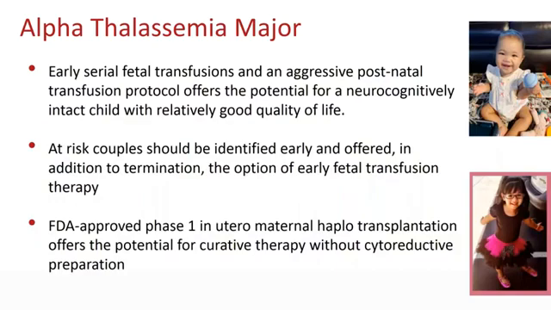Early serial fetal transfusions and an aggressive postnatal transfusion program offer the potential for a neurocognitively intact child with a relatively good quality of life. At-risk couples should be identified early and offered, in addition to the standard termination, the option of early fetal transfusion. There are newer therapies coming out, and we are actively involved now in an FDA-approved in utero maternal